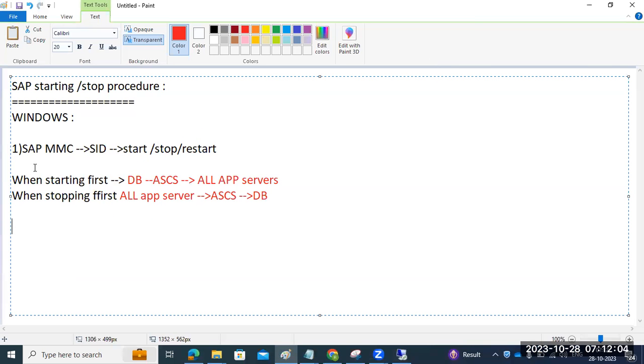Always, when you want to stop or start, or when you want to view the services in the MMC, we have to use the SID ADM user and password. We have to use it here.